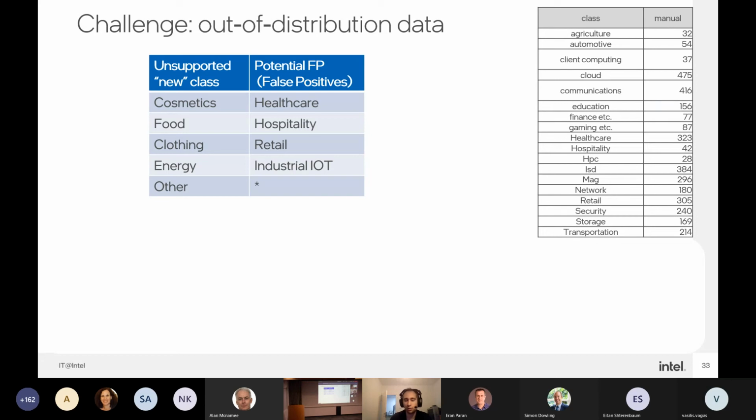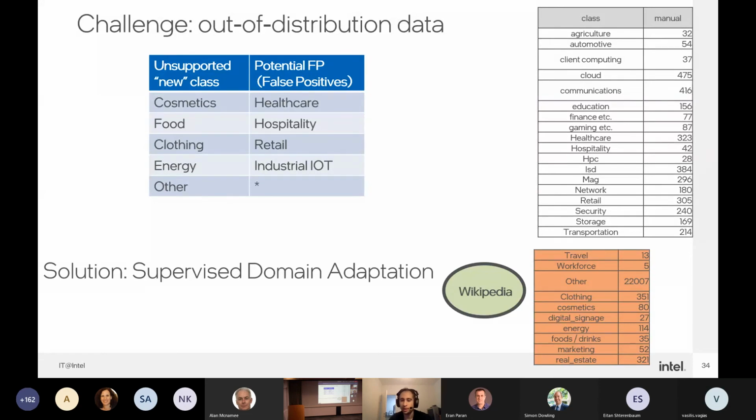If we don't somehow account for these, then the model can mistakenly assign the wrong label, and sometimes also with high confidence. So to account for them, we again use Wikipedia, look for companies with these labels, and add them to our training set. And we also use one general label that attracts all the rest of the labels that we don't have, and this significantly improves results.